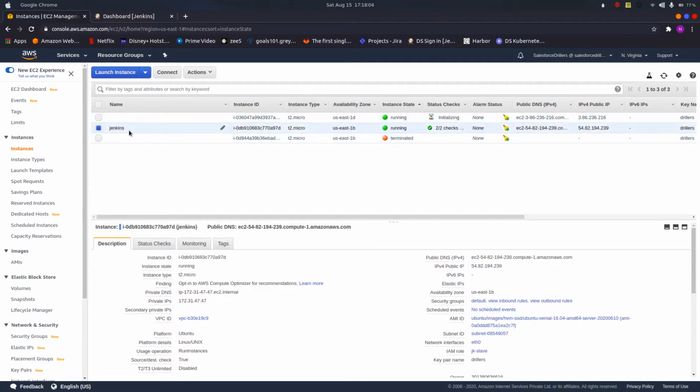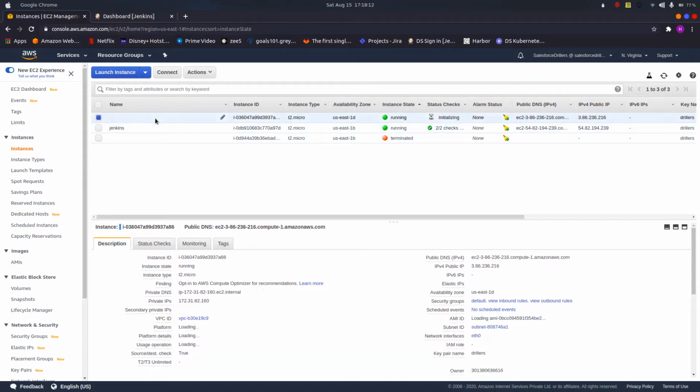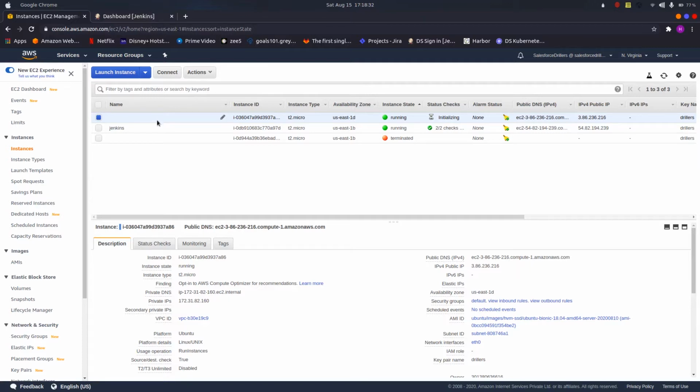So guys, for that, first of all, as you can see, I have my Jenkins master running over here. You have to create, or if you want, you can launch existing AMIs. For this demo, I have created a separate EC2 instance in which I have installed Java, because Java is very essential for Jenkins to run. Along with this, I have also installed Docker, or if you want, you can install additional packages like npm, depending upon your requirement. So you have to install all these things in another instance, and then you can create an AMI of this running instance, and with the help of that AMI you can launch your slave.